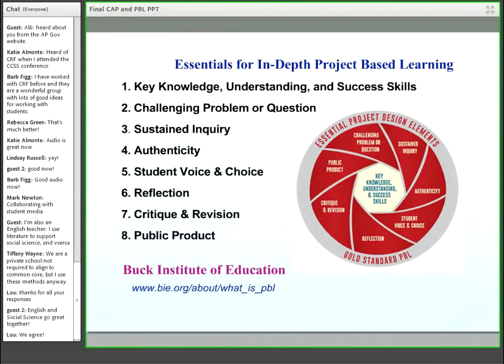And finally, public product. Students make their project work public by explaining, displaying, and presenting it to people beyond the classroom. We have several opportunities for students to do this, but what we're going to do right now is